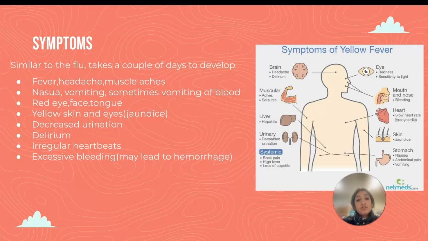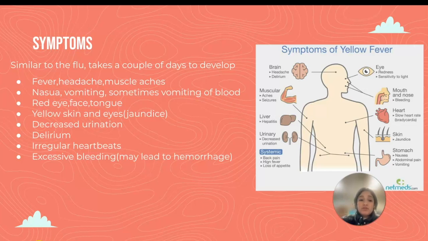You have decreased urination, and you have irregular heartbeats. Excessive bleeding may occur, which can be very dangerous if this continues for a long time. These symptoms are obviously not going to happen to every person. Every person who does get yellow fever symptoms will be a little bit different just because all of our